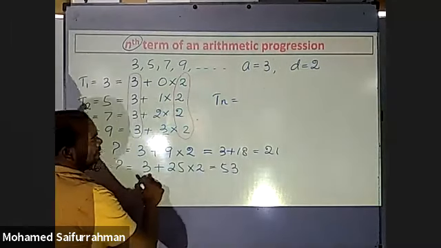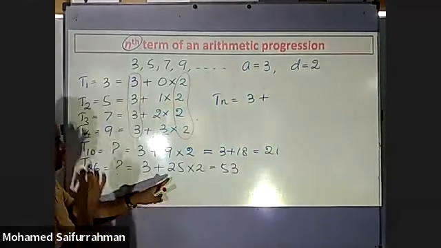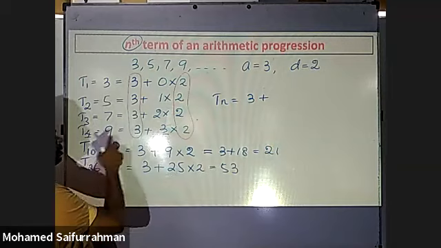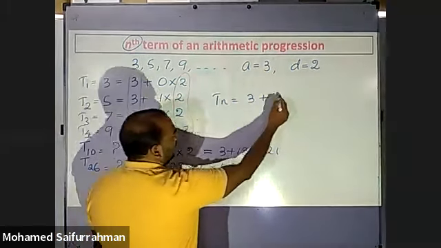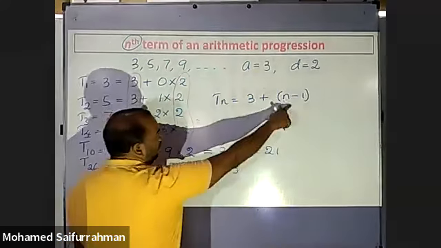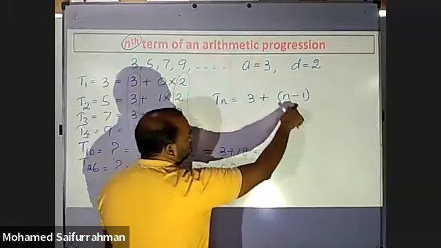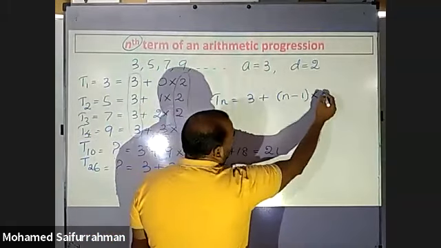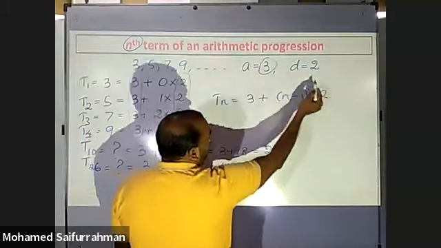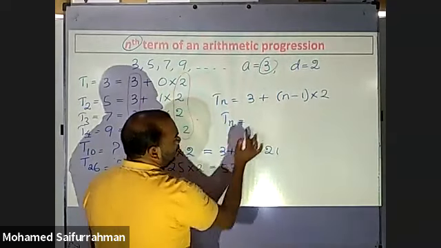Here, 3 plus. Here 26, here 25. For the 10th term, 9. For n, then what is this? n minus 1, less by 1. The given number less by 1. n minus 1 into 2. And you know what this 3 is? 3 is A. What is this 2? 2 is D. Therefore, in the symbolic form,